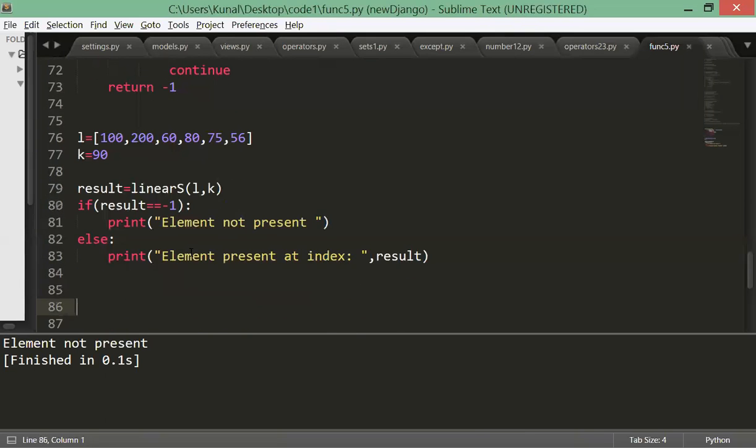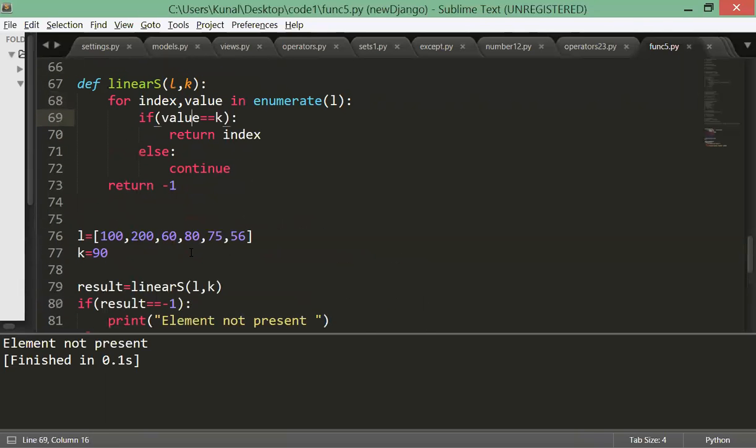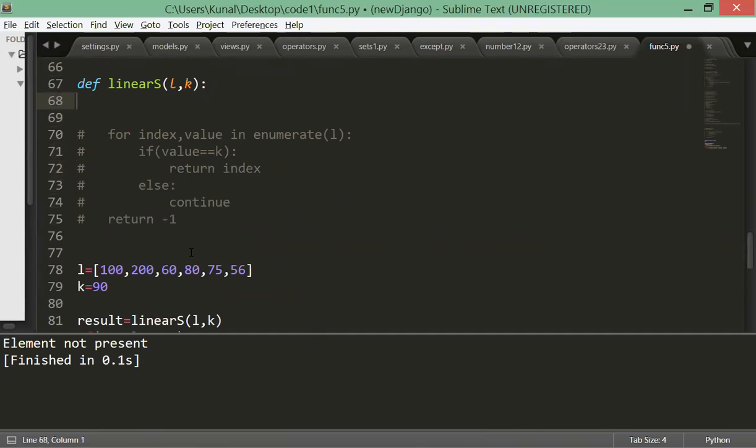Okay. Now let's say you have Python and you want to do this program. What will be the simplest way to do this? Just modify linear search. I'm just commenting it out. Right, so this is my function definition. All you need to do is